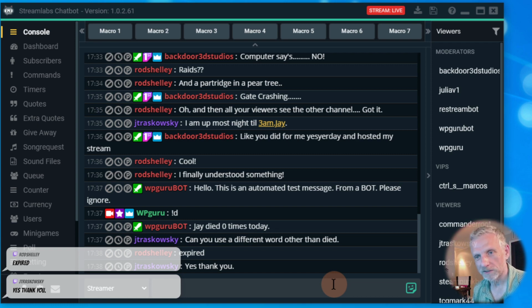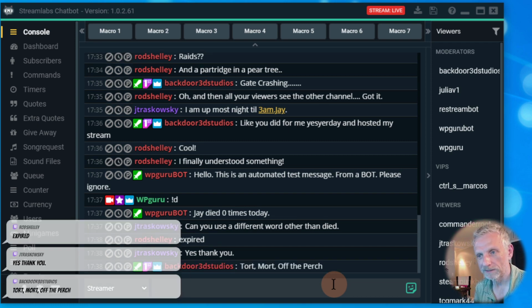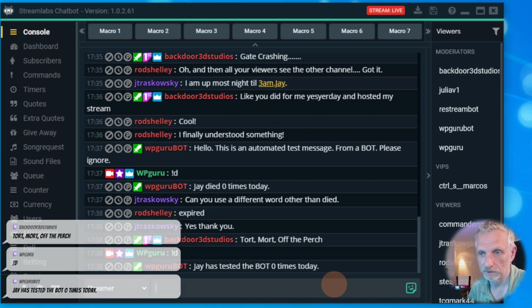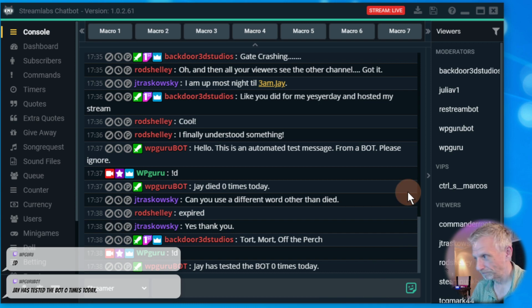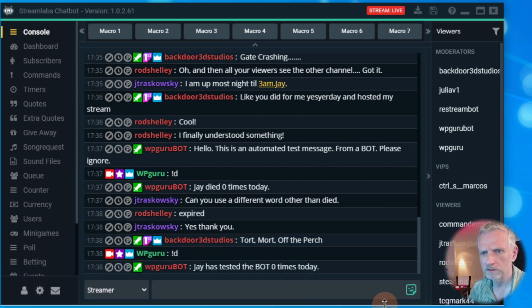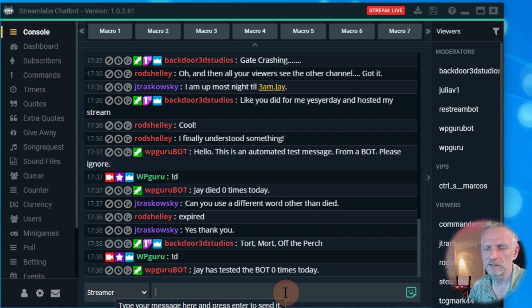So the way a counter works is I can dedicate this command, and anyone can use it. So any of you can use !D or any command that you want to use. And at that point, my bot will post that message in the chat. Maybe I'll go and move that window up just a bit. Actually, I'll just leave it. You get the drift. This is just me typing here.